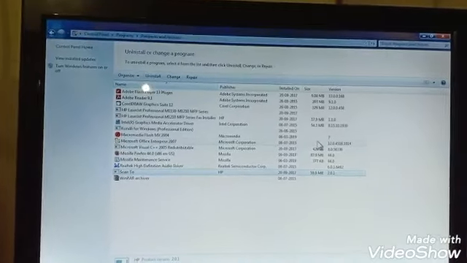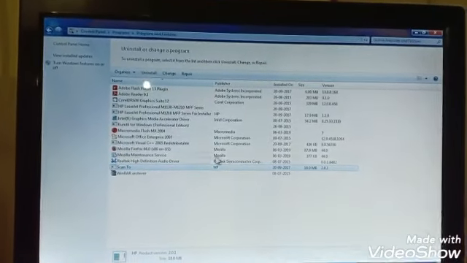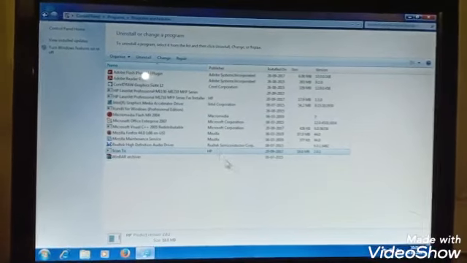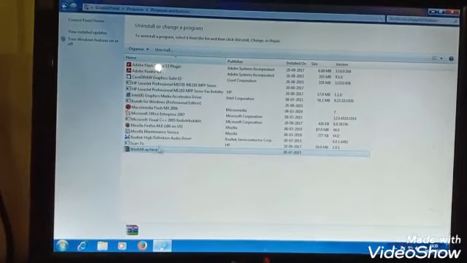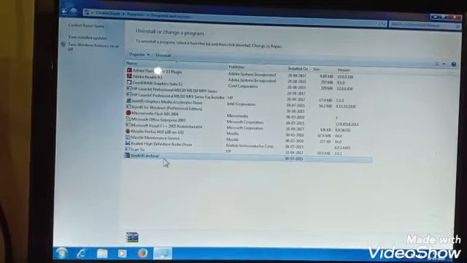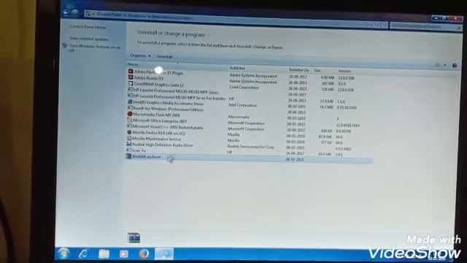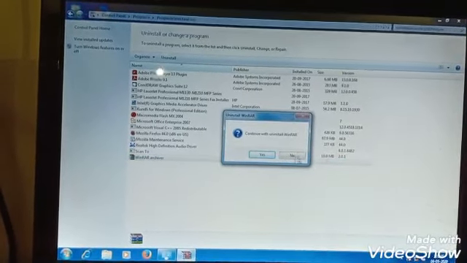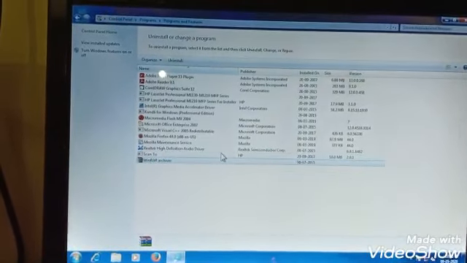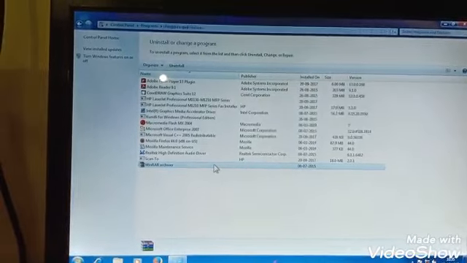You have to select the program you want to remove, and then you have to click the uninstall button. As we have selected this program, first of all we have to click on this.